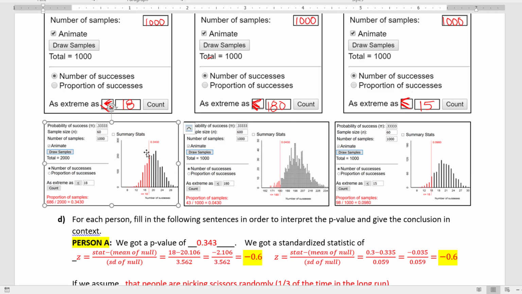This is usually pretty easy for students to understand, that these two are different because they have different sample statistics. Person A had a sample statistic of 18 out of 60, which is located here on the null distribution. And person C had a sample statistic of 15 out of 60, which is located further out in the tail. So since person C's sample statistic is further out in the tail, that means person C would have a smaller